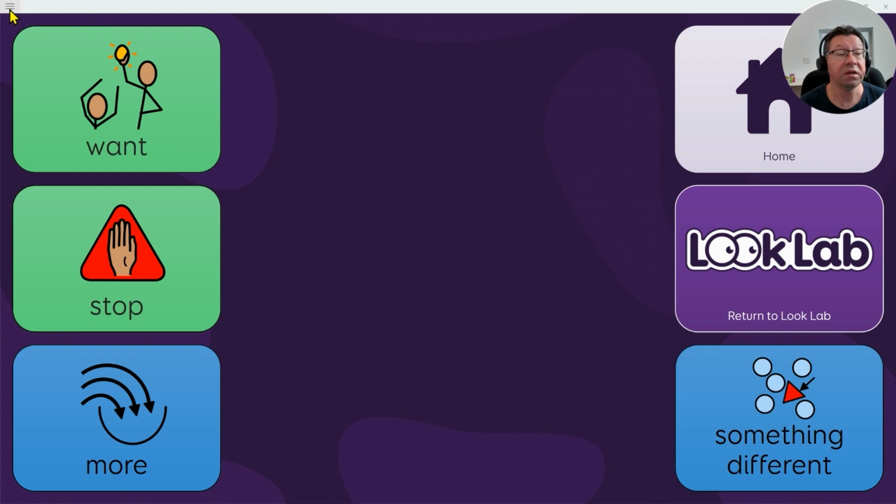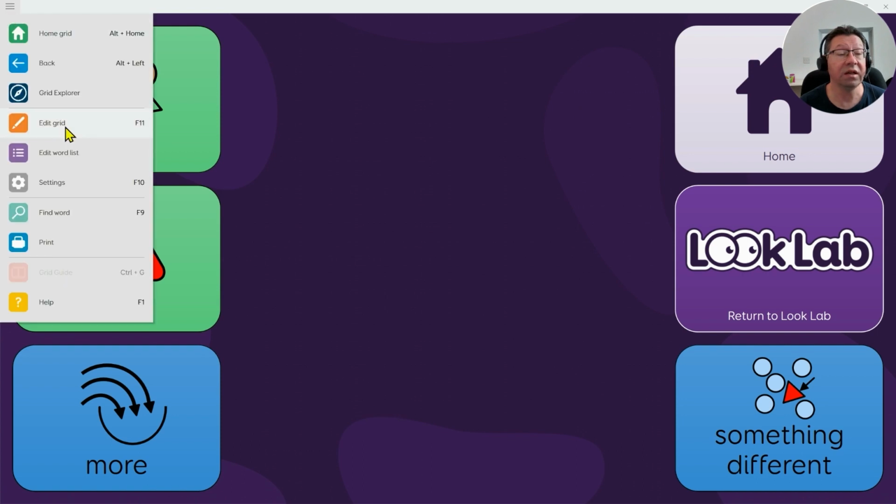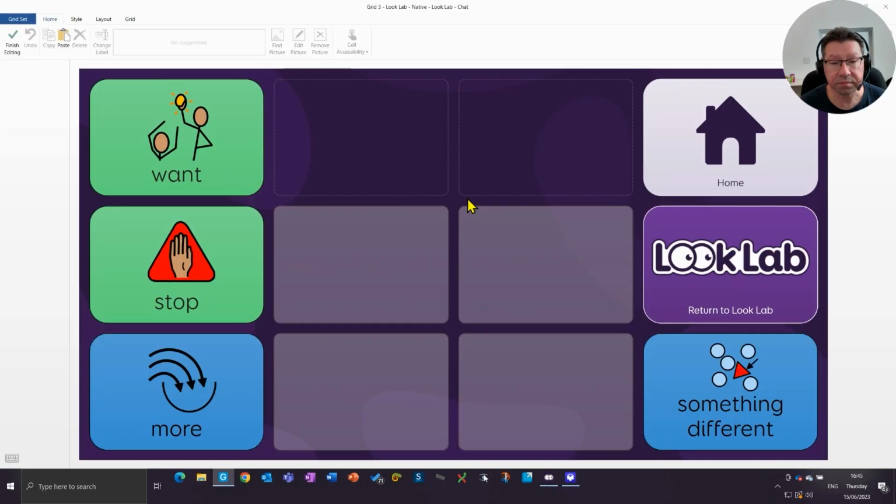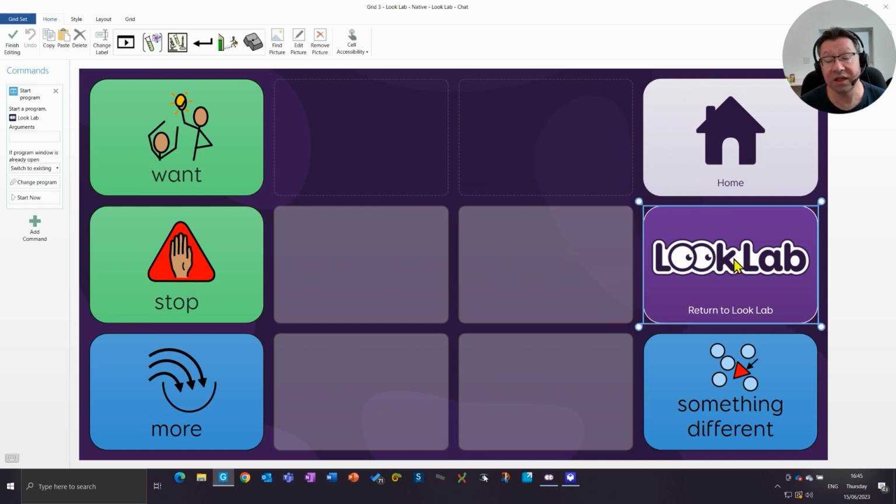So I'm just going to show you quickly how you could add this cell into another grid set. So I'll go to Menu and Edit Grid. And all I'm going to do actually is copy and paste this cell across into SuperCore. If you wanted to, you could make the cell yourself just by adding a Start Program command and setting it to launch LookLab. But even easier is to copy it from here, then go into Grid Explorer,